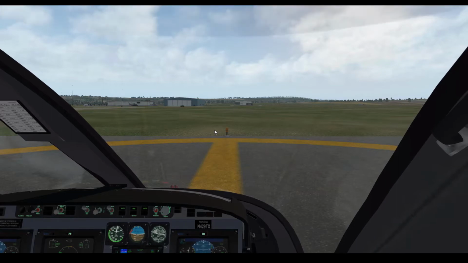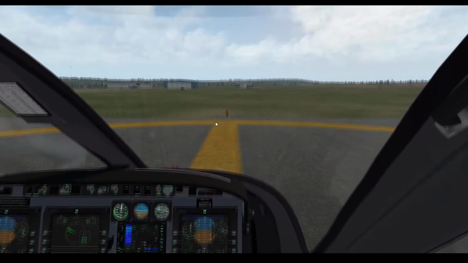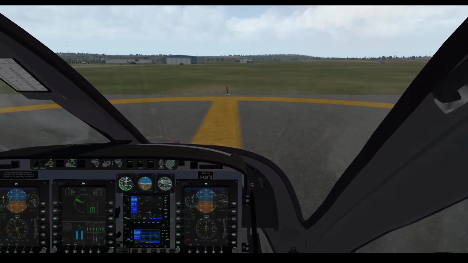So let's go ahead and take a helicopter off. Taking off a helicopter is, as you might have guessed by now, slightly different from taking off in an airplane. Unlike what you do in a helicopter, in an airplane you have a runway to accelerate from. In a helicopter you only have a helipad. So what I'm going to do next is I'm basically going to lift the helicopter off